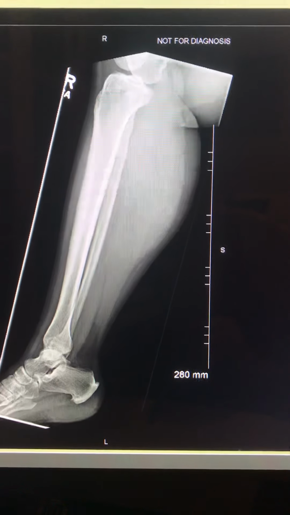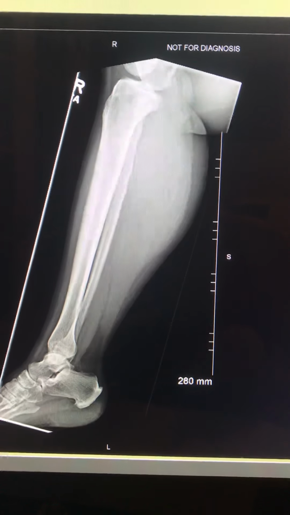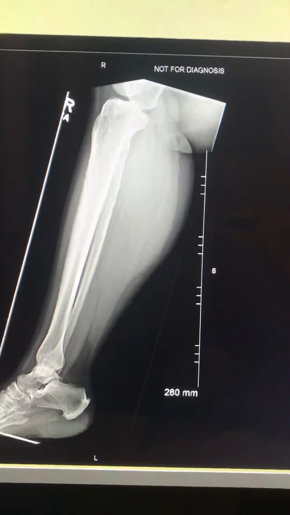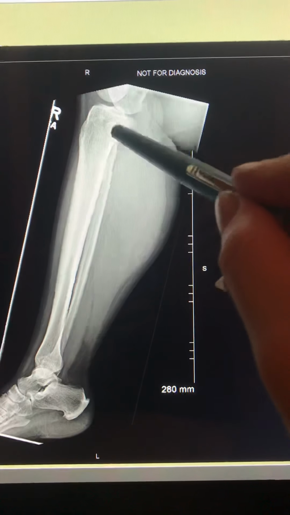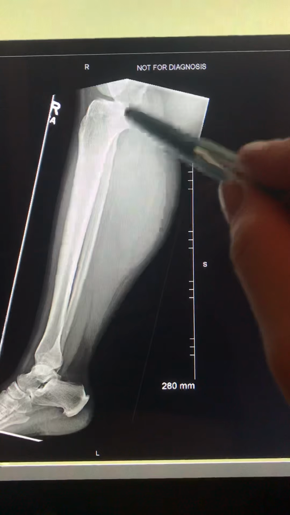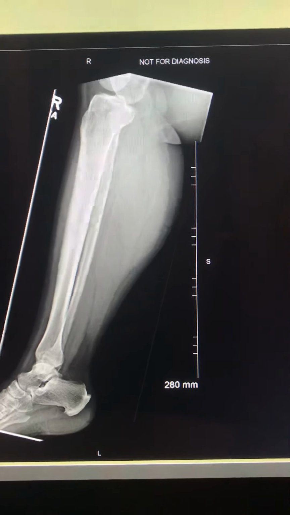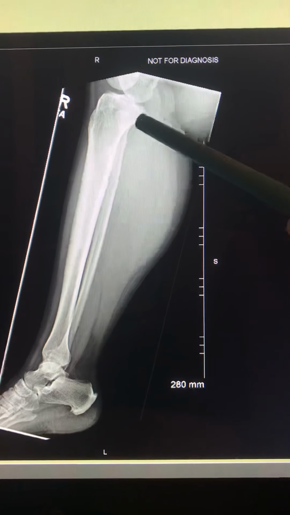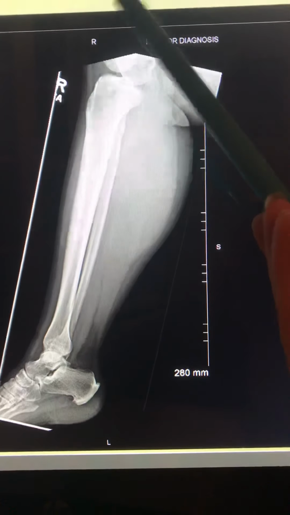I think the patient was under-rotated because the fibular head is completely superimposed and it should be sticking out slightly, so she didn't put her leg